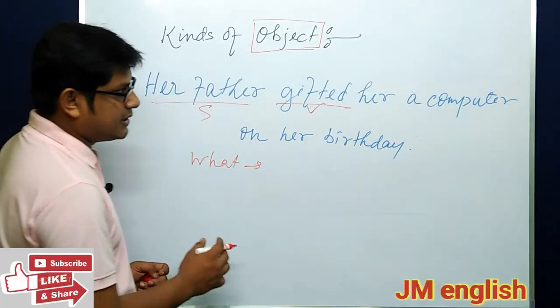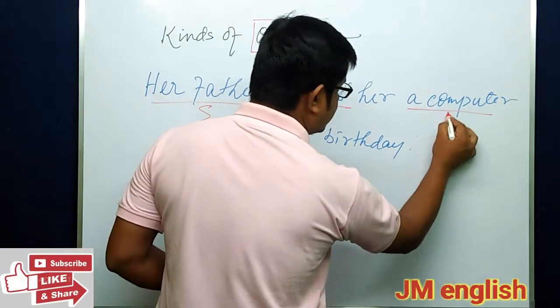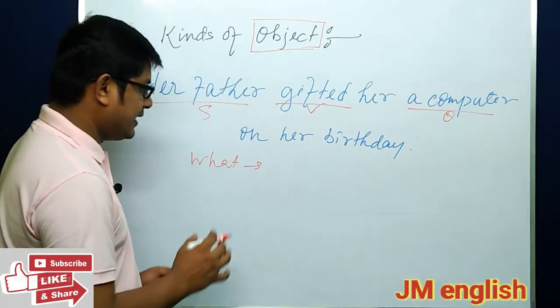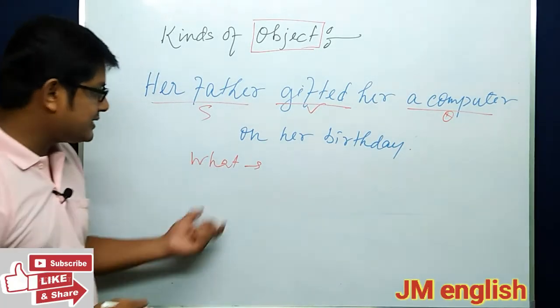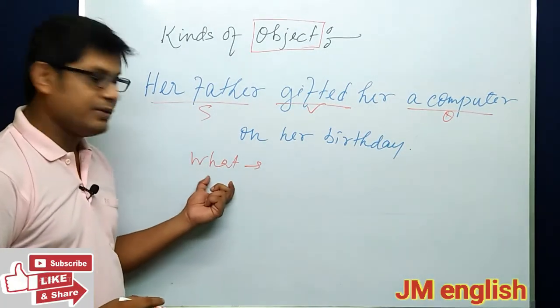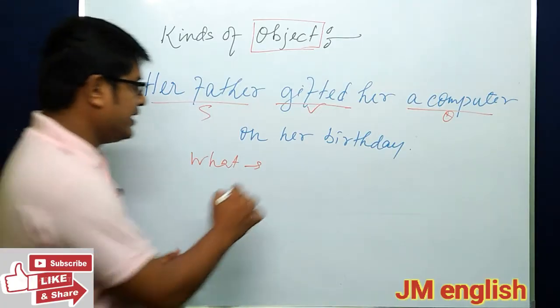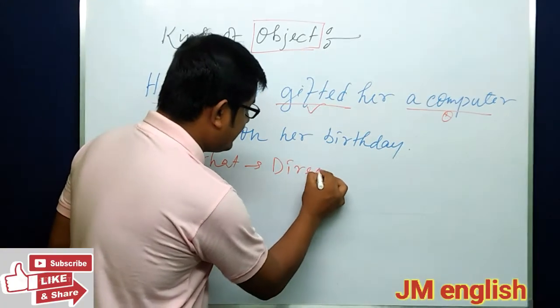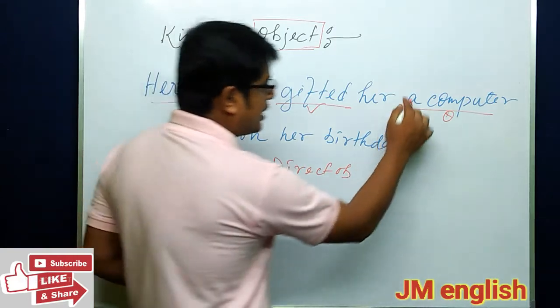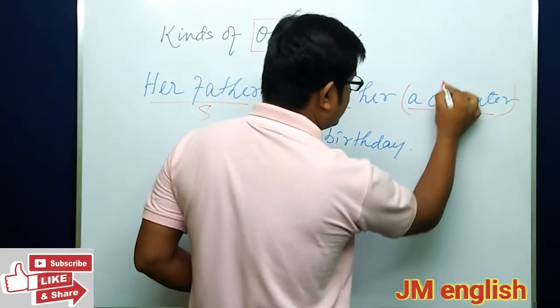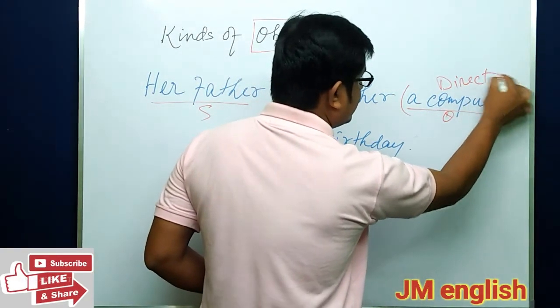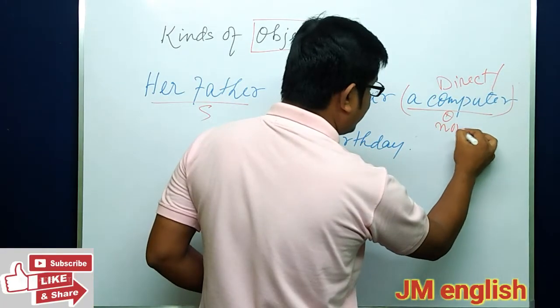Her father gifted a computer. This is also an object, right? And I said that the answer you will get by asking with what would be a direct object. So a computer, this part is called direct object, and also non-living,